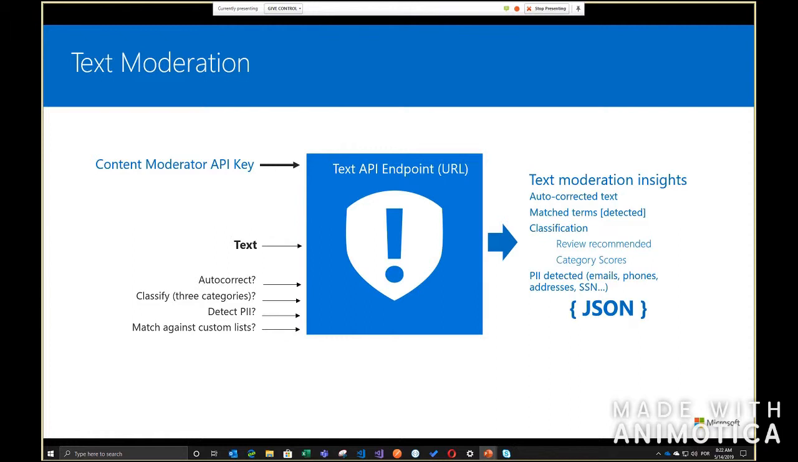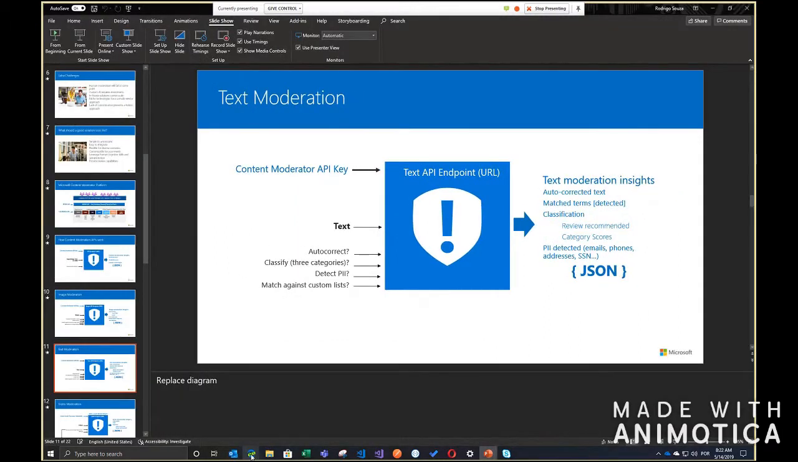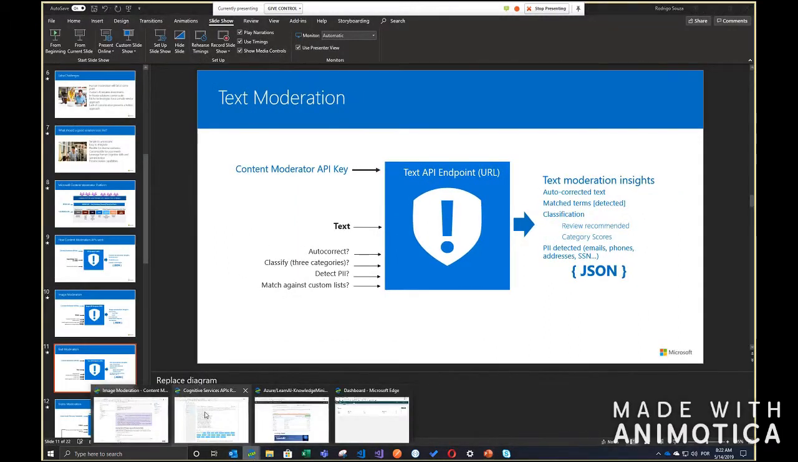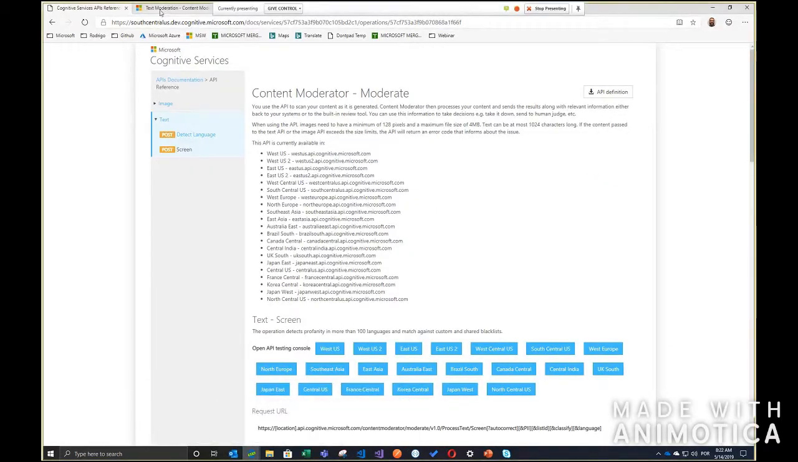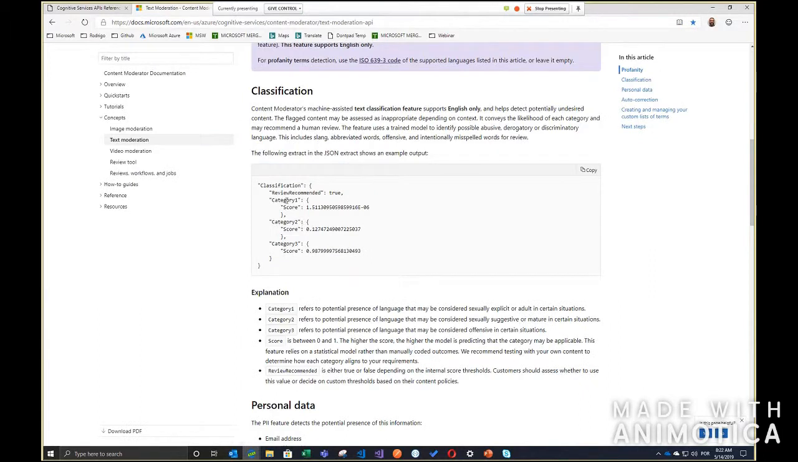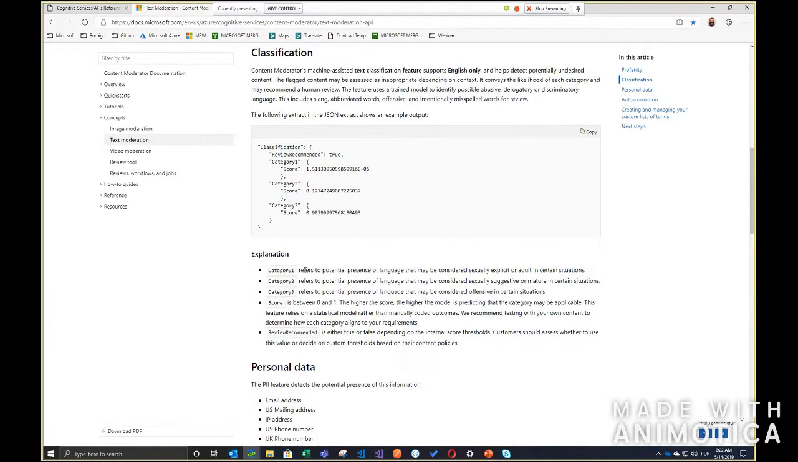So again, I'm going to leave the presentation and use the browser. This browser here. Yes, text moderation. So what are the classifications I mentioned before? The first category is the potential presence of language that may be considered sexually explicit. The category 2 is sexually suggestive. 3 is